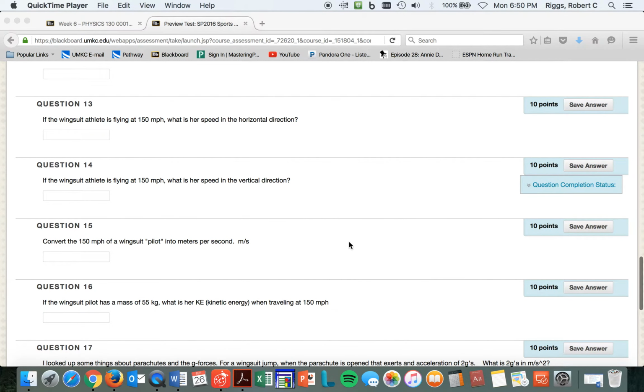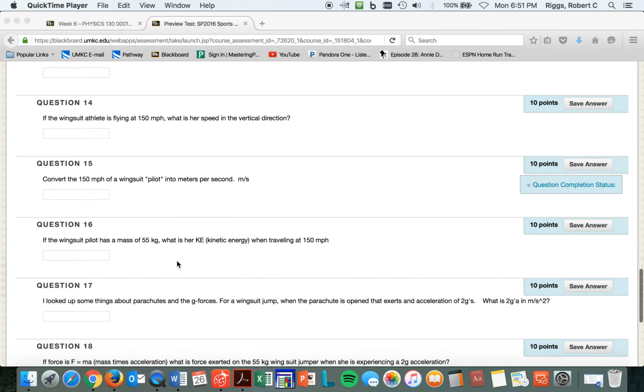Okay, now here we are. Now you can convert this, the wingsuit pilot's speed, into meters per second. The good old 0.447. So you're on your way. All right, so 16. If the wingsuit has a mass of 55 kilograms, what is her kinetic energy when traveling